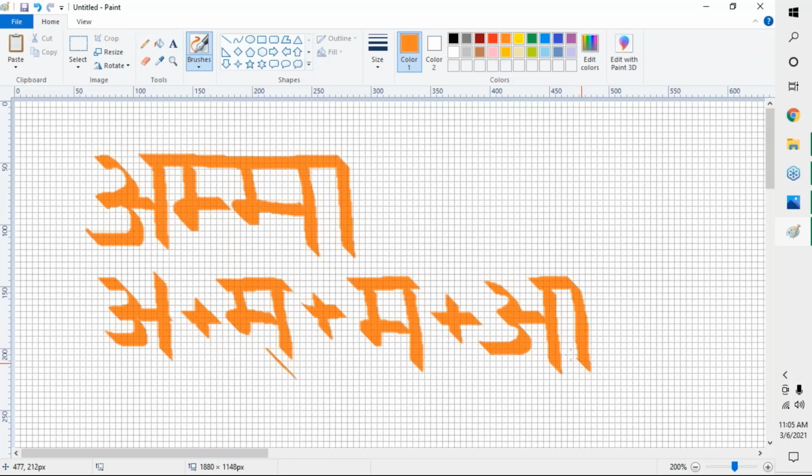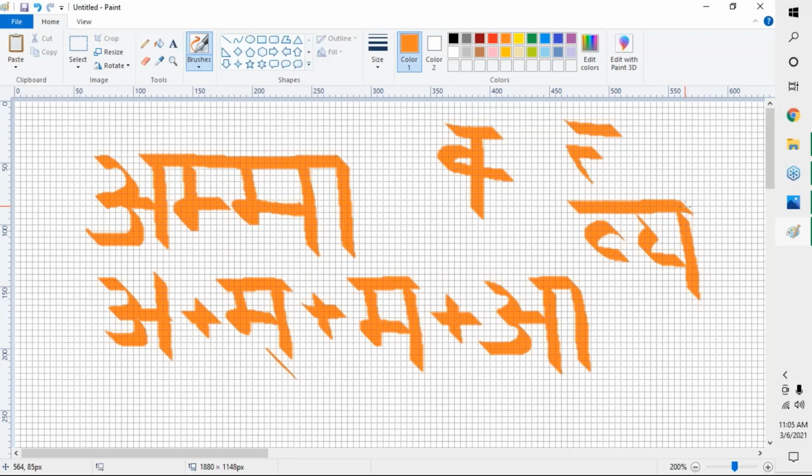In Devanagari, what we do is this is the half letter ma. So in Devanagari, we write ma like this, or if we have ka, we write ka like this. If we have ta, we write ta like this. If we have va, we just put it like this, for example ve. So we just put va half. So this is the formula we use in Devanagari.